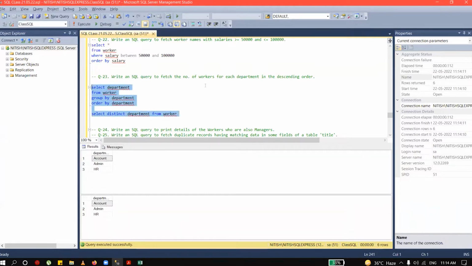They will say both the answers are the same, then why do we use group by? Why don't we use distinct only? They will confuse you with these types of questions. Simply answer them: sir, distinct is only going to tell you the unique values, but when you're doing